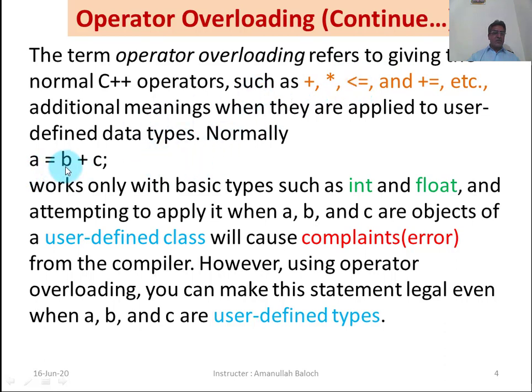Normally, A = B + C works. This statement works only with basic types such as integer and float. If A, B and C are integers, or A, B, C are floats, then this statement is okay. There is no error, and the compiler will not complain.